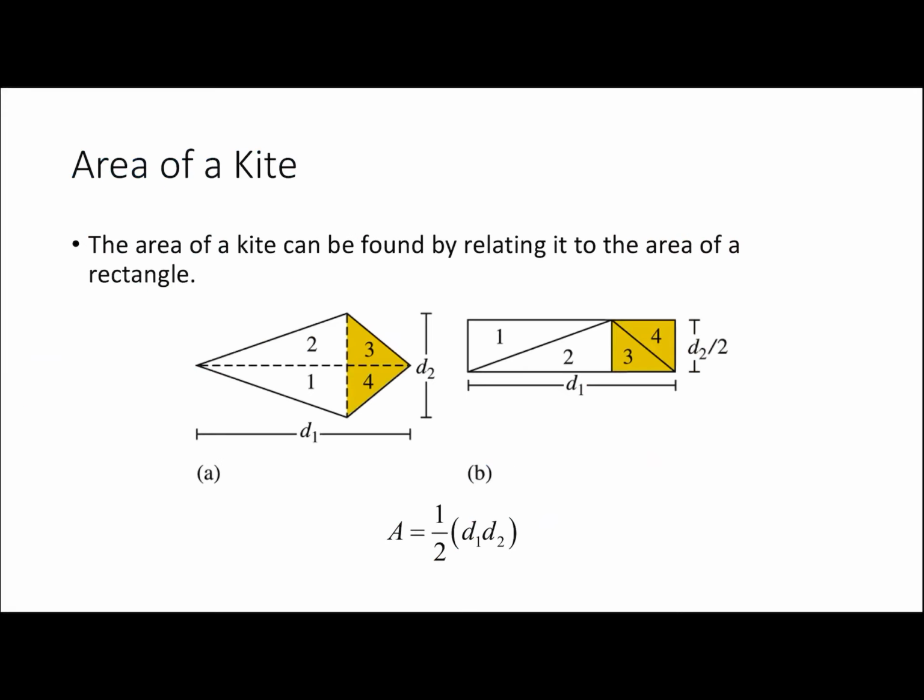All right, so the next area is the area of a kite. And the area of a kite can be found by relating it to the area of a rectangle. So the formula is 1/2 diagonal 1 times diagonal 2. So diagonal 1 is this length, horizontally through the middle. Diagonal 2 is this diagonal that's vertical. And the reason it's half of that is because if you were to take that part 2 and rotate it down here,